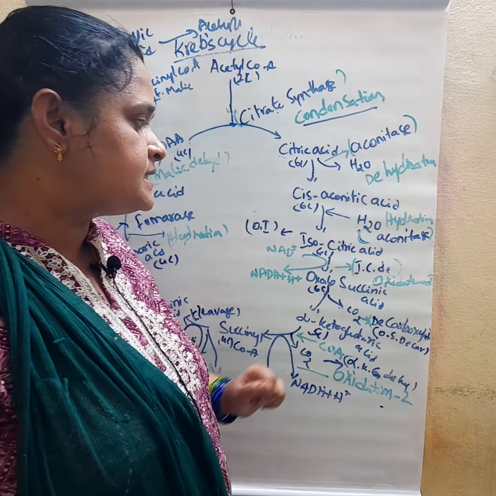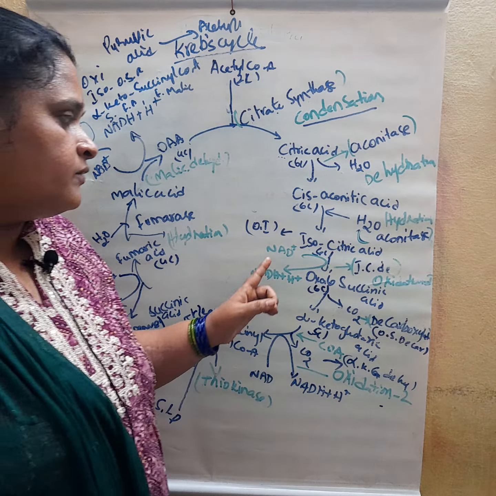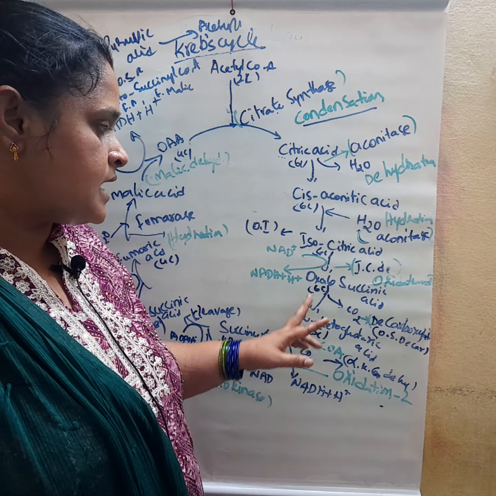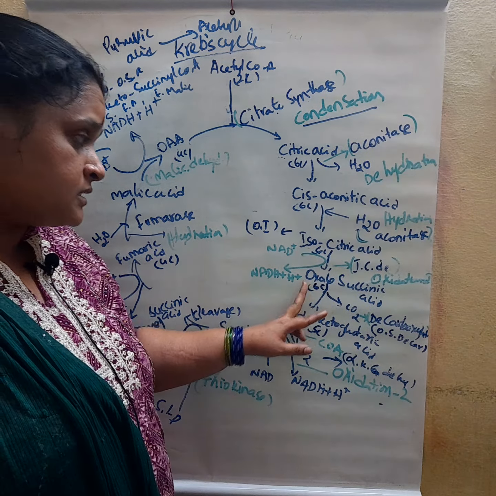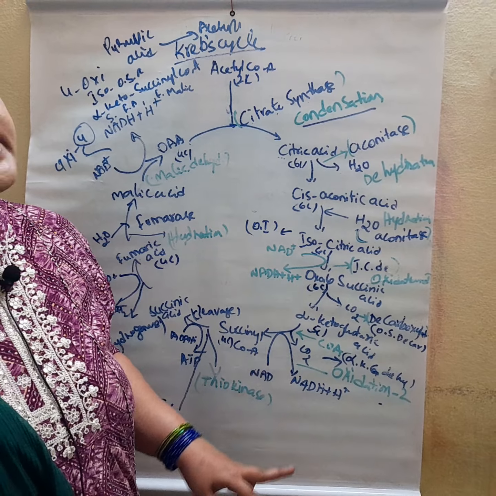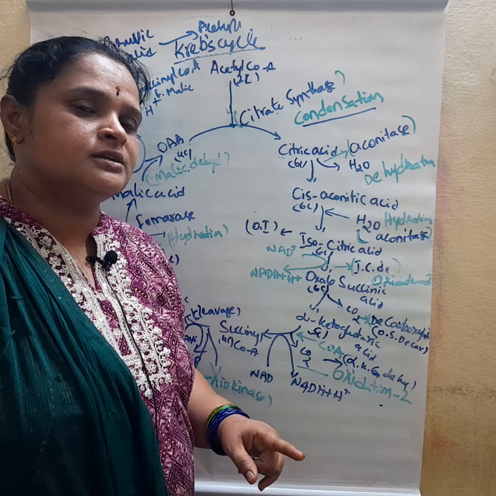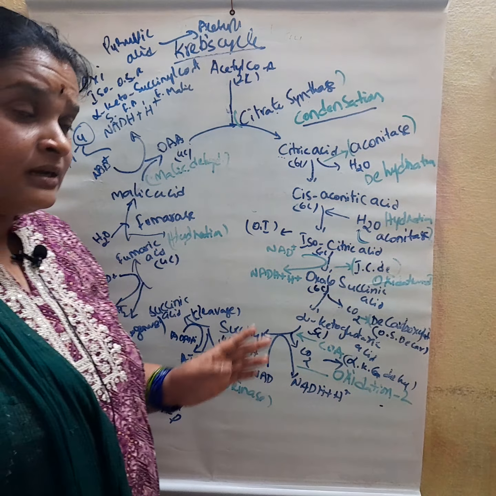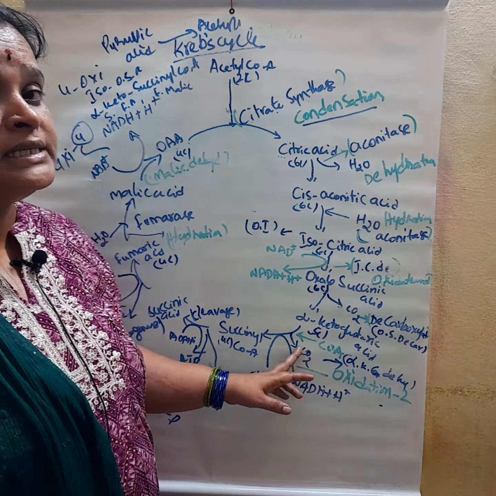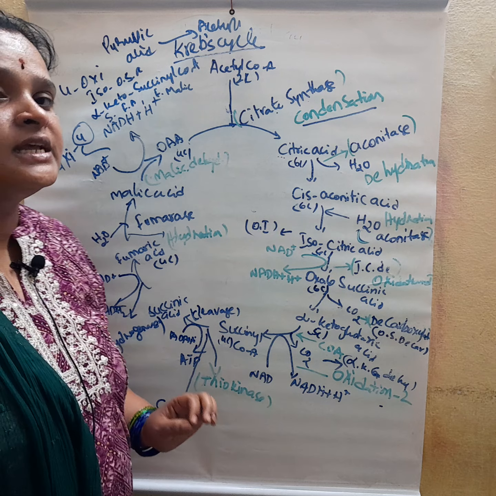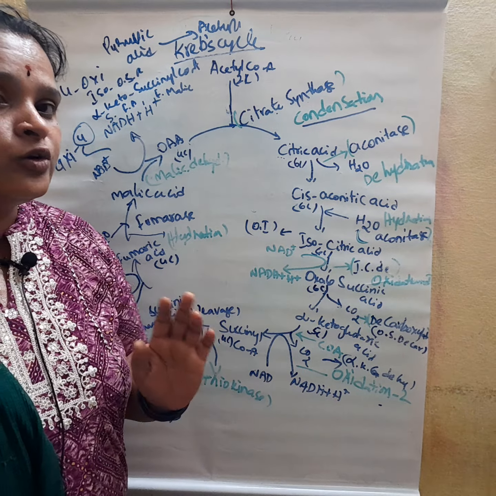Now this isocitric acid is converted into oxalosuccinic acid. This is the first step of oxidation in the Krebs cycle, where NAD plus is converted into NADH plus. Oxalosuccinic acid removes one carbon dioxide, called decarboxylation, and the 6-carbon compound is converted into a 5-carbon compound called alpha ketoglutaric acid. Now this alpha ketoglutaric acid undergoes oxidative decarboxylation, oxidation 2. Here one carbon dioxide is removed and NADH plus is generated, and coenzyme A is added, ultimately forming